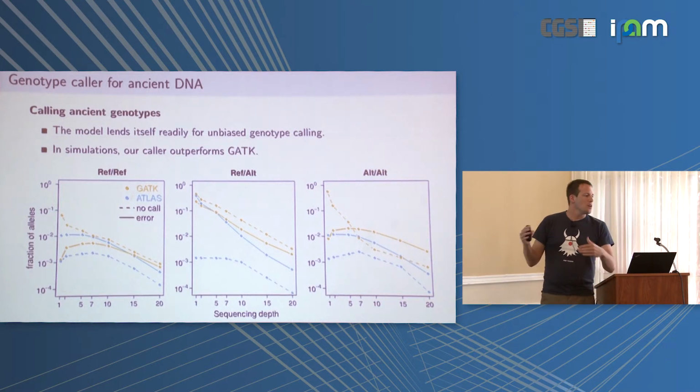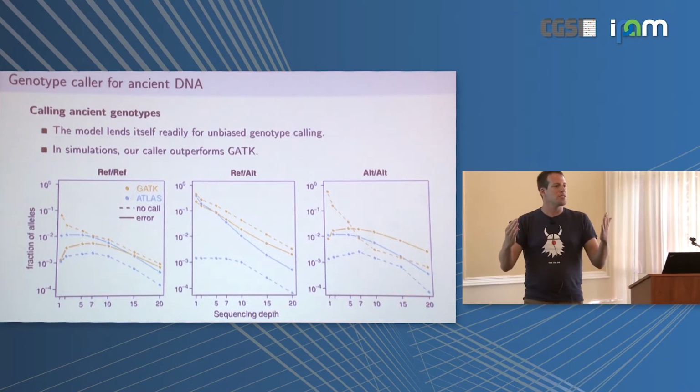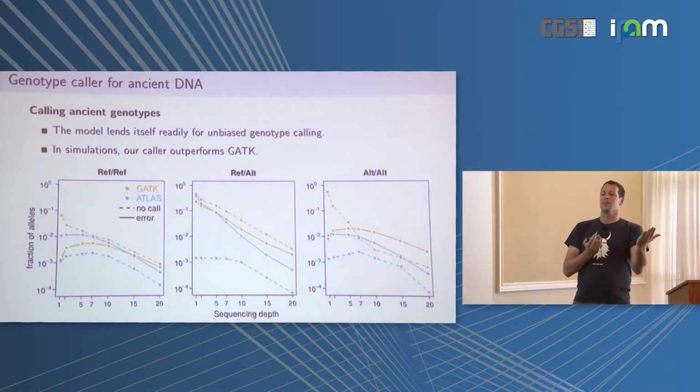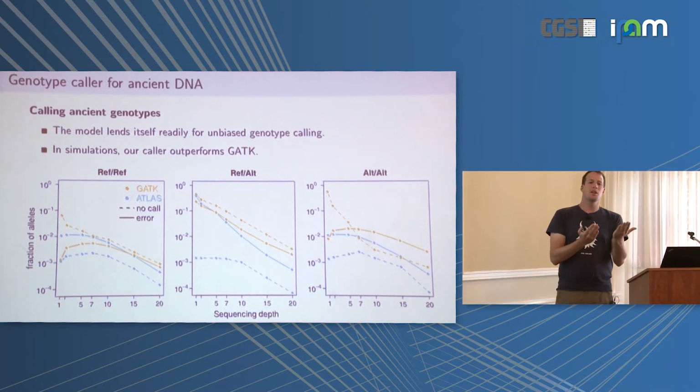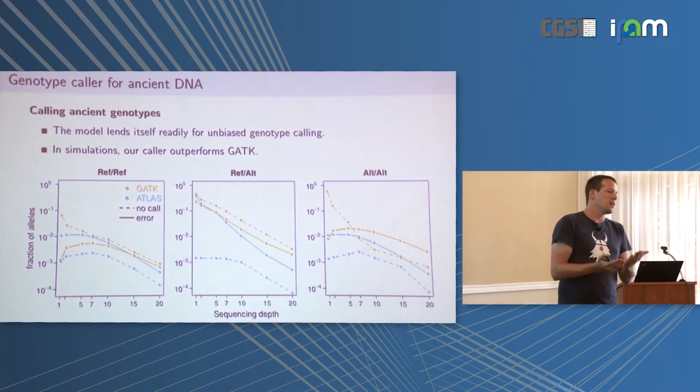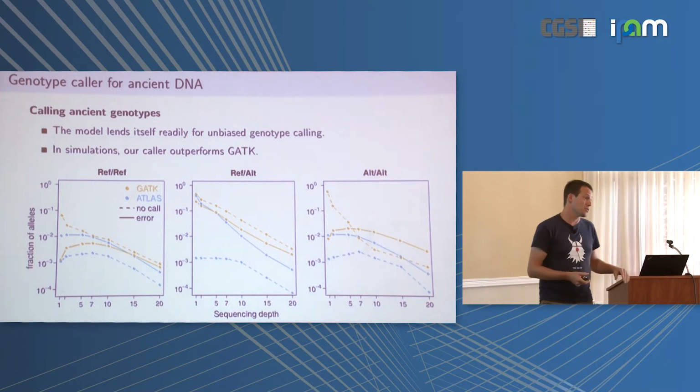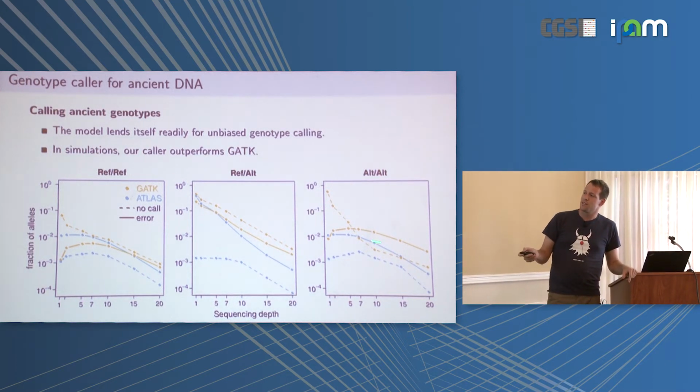So if you factor these two things in and just call with GATK and then compare, you have a heavily biased result towards reference calls. You're going to have way too many homozygous reference calls and way too few homozygous alternative calls. Okay? And so our caller does not have this kind of bias,